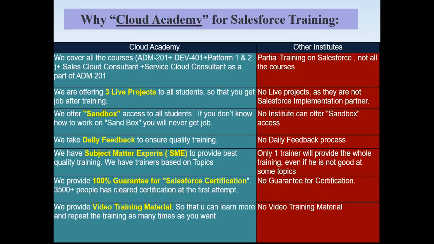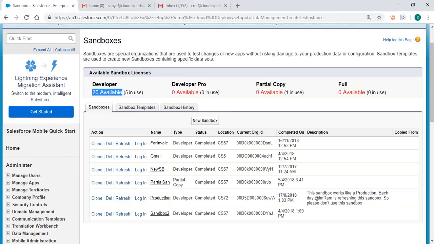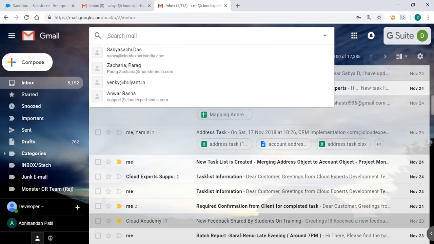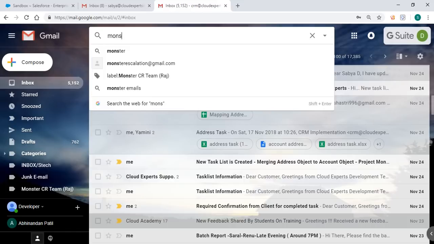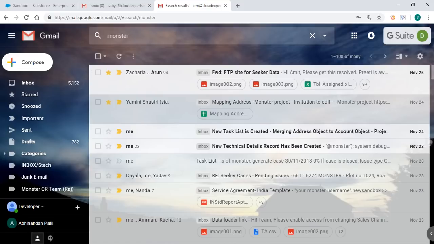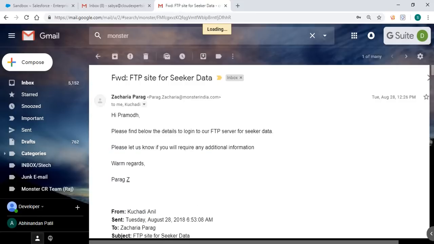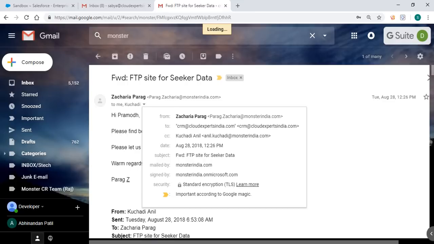How do you implement live projects? Where have you implemented? Now if you ask me the same thing, I am going to show you a couple of interesting and important things. For example, I'll go here to my mailbox and I will type monster, and you see here what comes up. You look at this, so here you will get to see that we are doing complete Salesforce implementation for a